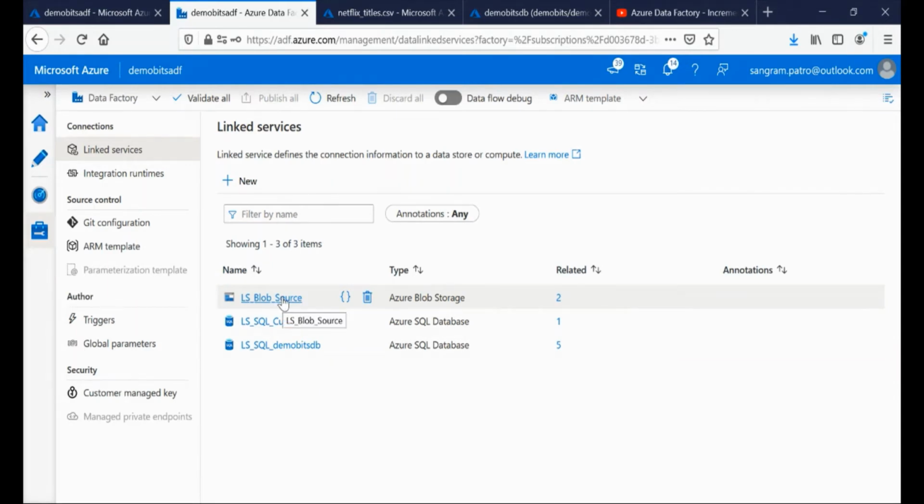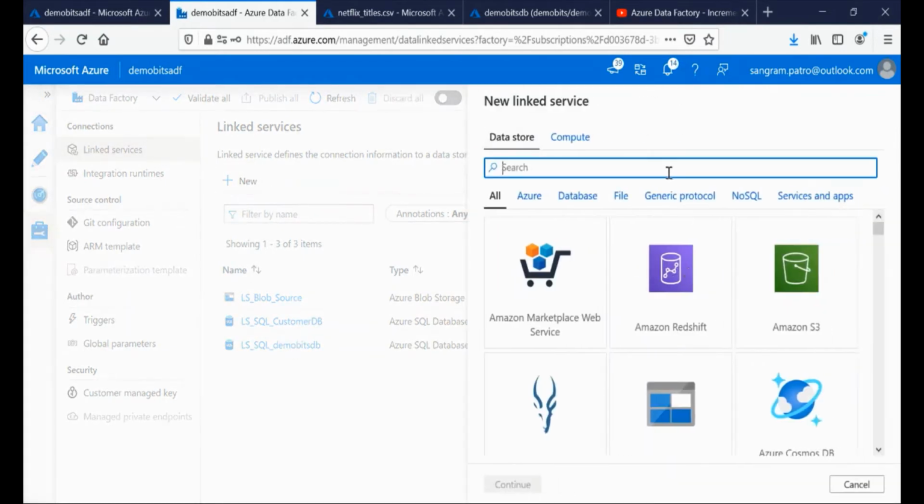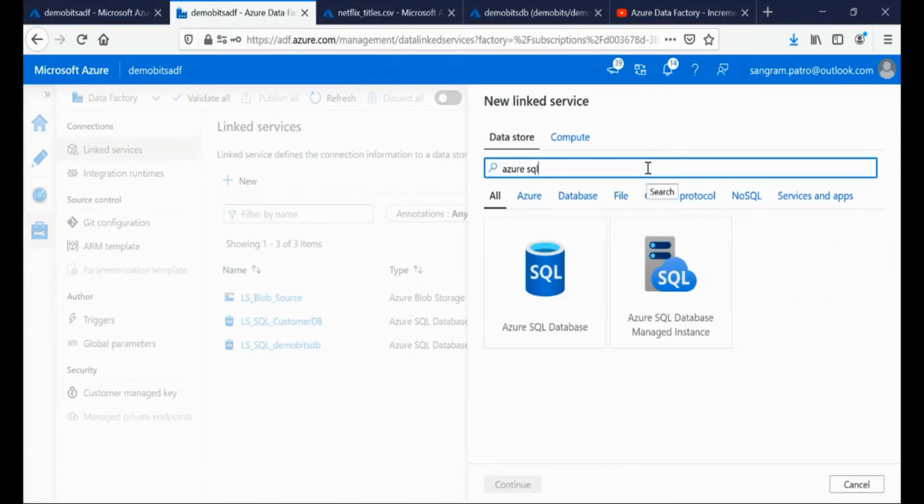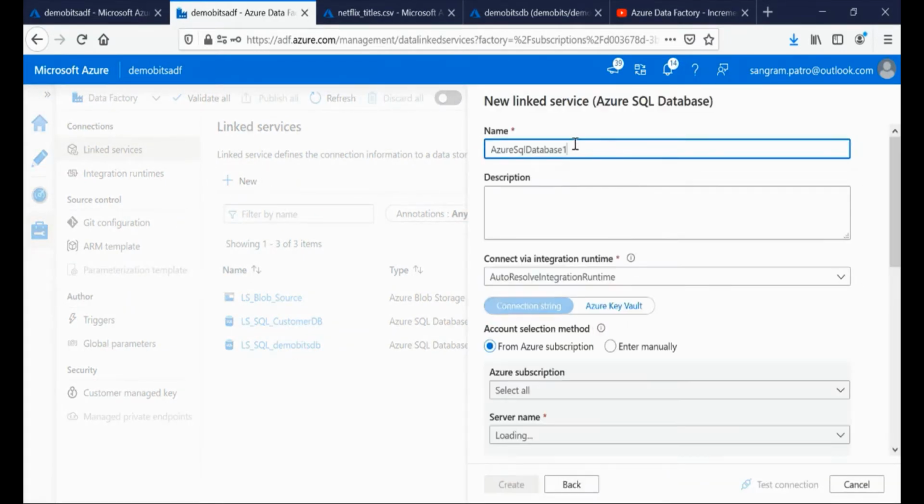Now similarly, we have to create a linked service for the database as well. Click on new and then type in Azure SQL, continue, and just give a good name, ls underscore SQL underscore demo bits db.